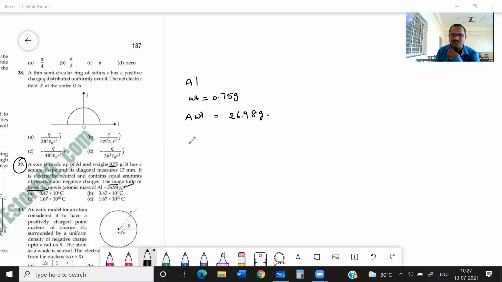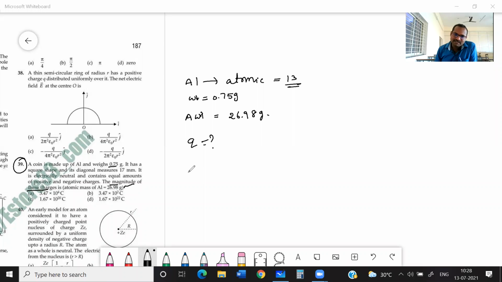Okay. Now in this aluminum, how many charges are present? This is the magnitude of charge. How much charge is present on that aluminum? You need to find. See, as you know, the atomic number of aluminum, how much? Yes, it is 13, as you know. Clear, students? Yes. Now, first, consider that according to Avogadro's law, in the gram molecular weight of any substance, there are Avogadro number of atoms. But in 0.75 grams, how many atoms will be there?